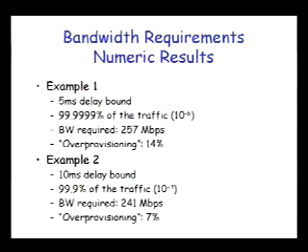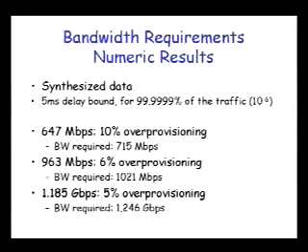This is the same as the graph, but just a few numerical examples. For example, a 5-millisecond delay bound, almost all the traffic needs to conform, so only 1 out of a million packets is allowed to have a higher delay. The average bandwidth was 225 megabits. The bandwidth you need is 257. That means you need 14% more. On the next slide,